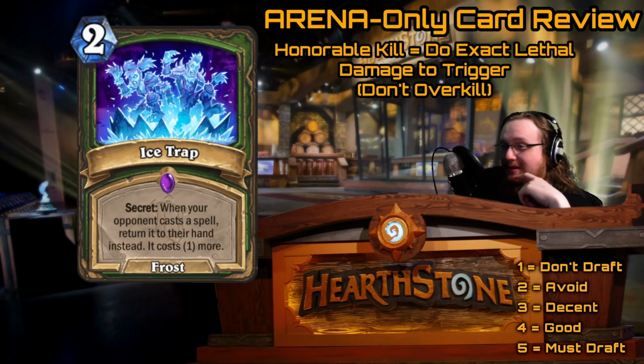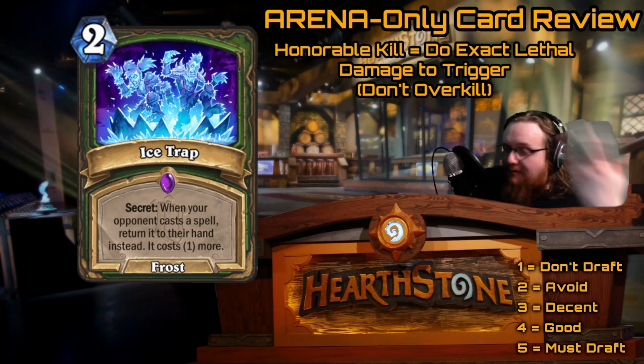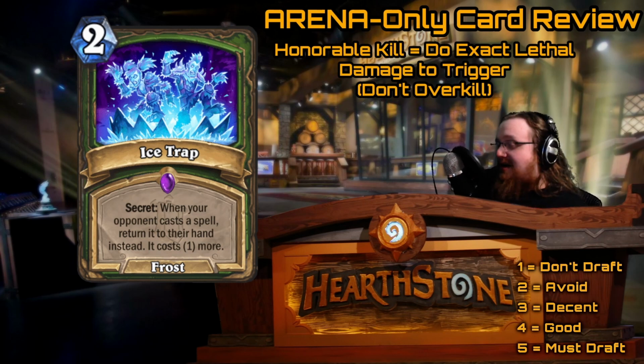Here is Ice Trap though, a new secret. When your opponent casts a spell, return it to your hand instead. It costs 1 more. This card's interesting. This card's very interesting, right? Because we keep talking about Flame Strike, which is an epic now. It doesn't show up as often as it used to. But if your opponent needs to Flame Strike you, and they can't because of this,